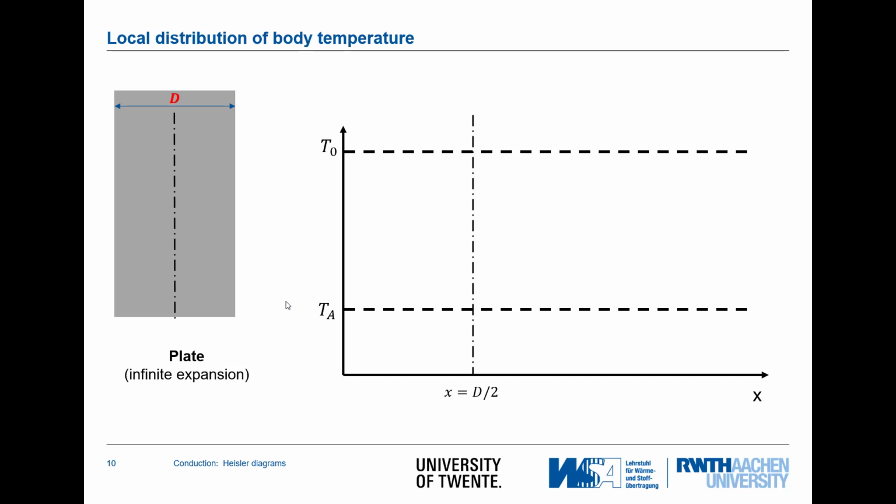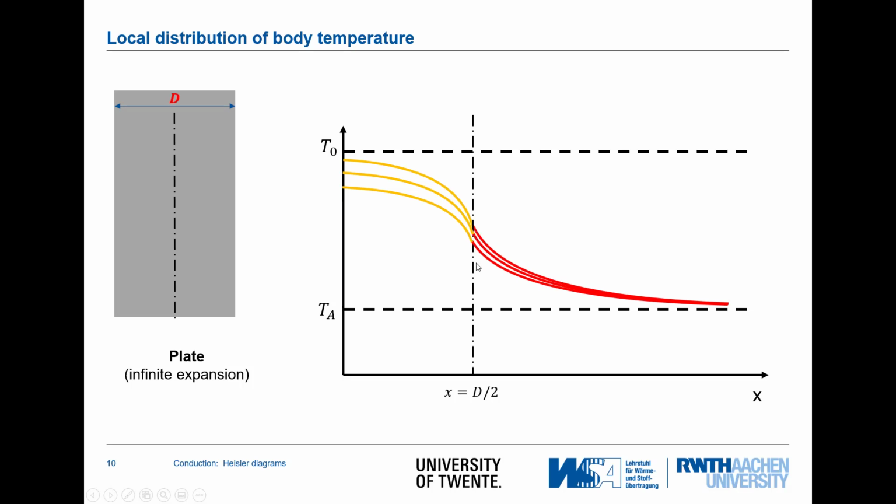Now, how does the local distribution of the temperature look like? So if we have an external and an internal resistance, our temperature looks like this. We have a decreasing temperature internally, we have a decreasing temperature externally. So for different instances of time, of course, the center temperature will decrease, so our temperature profiles will change in shape, but the ratio between the internal and external temperature